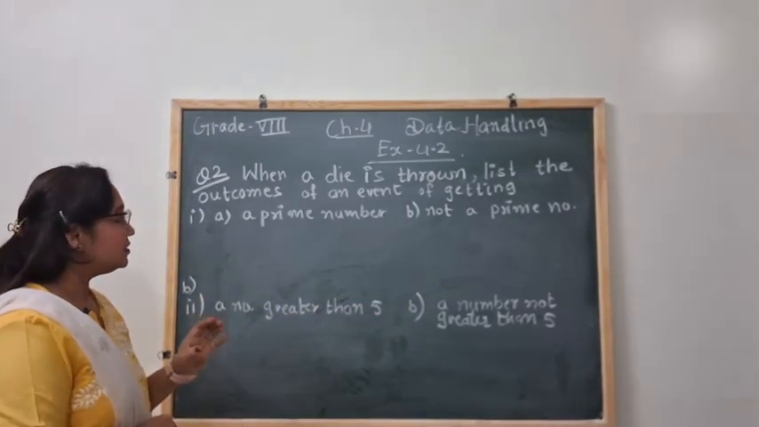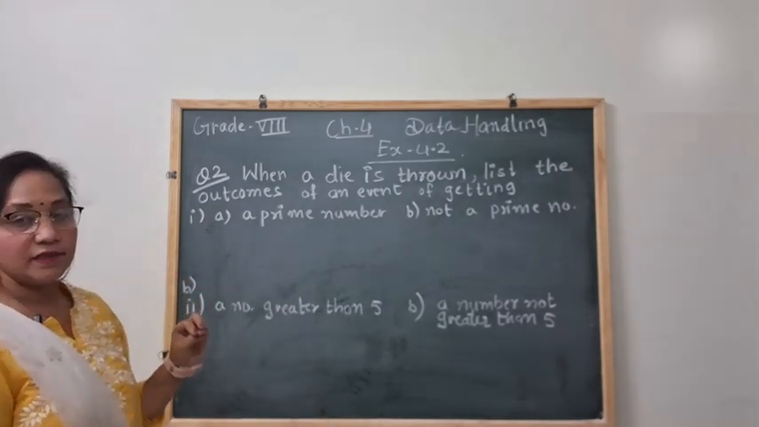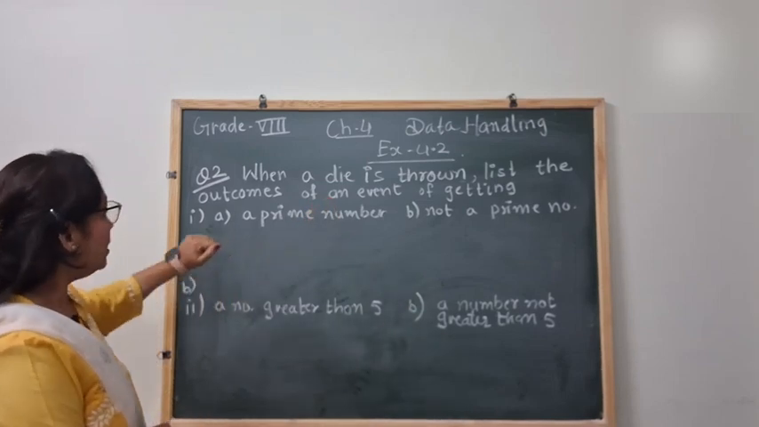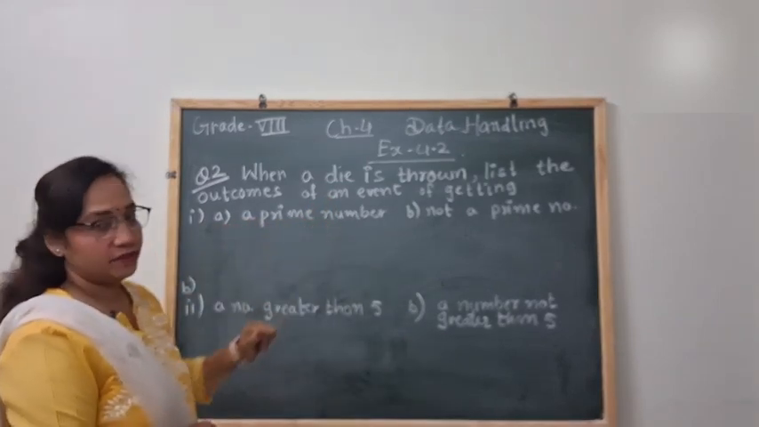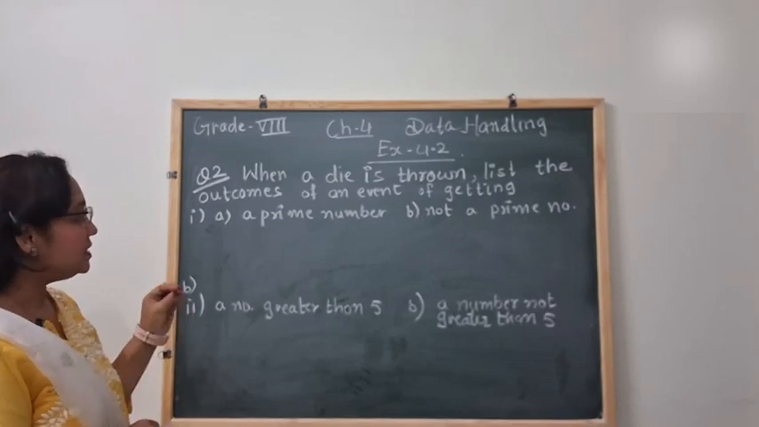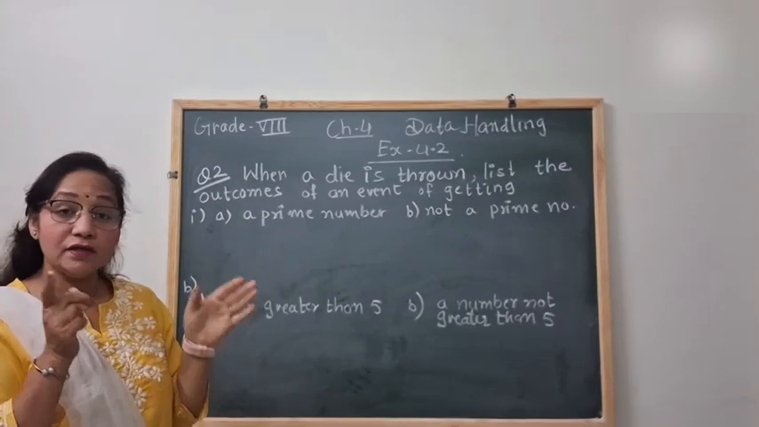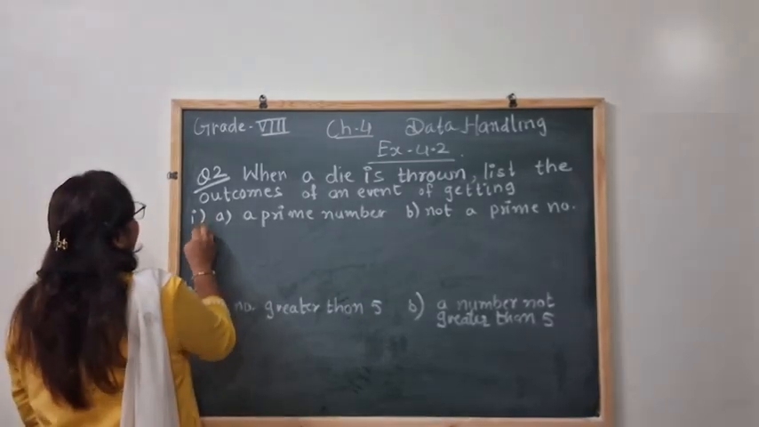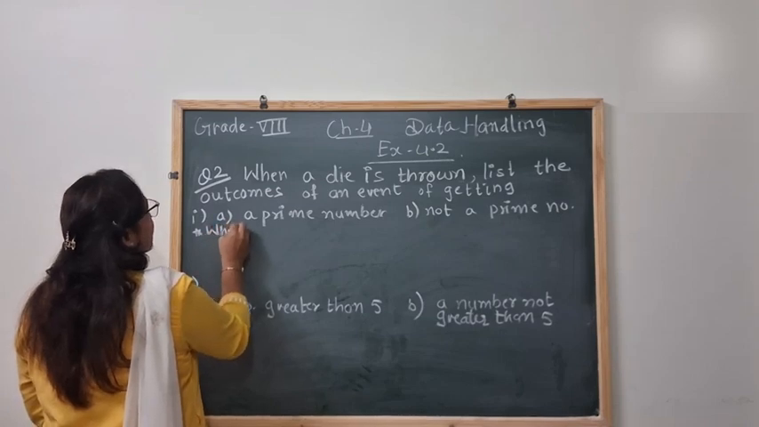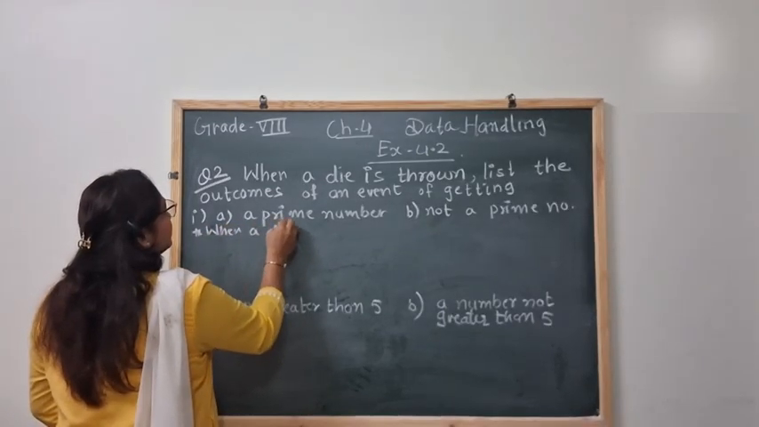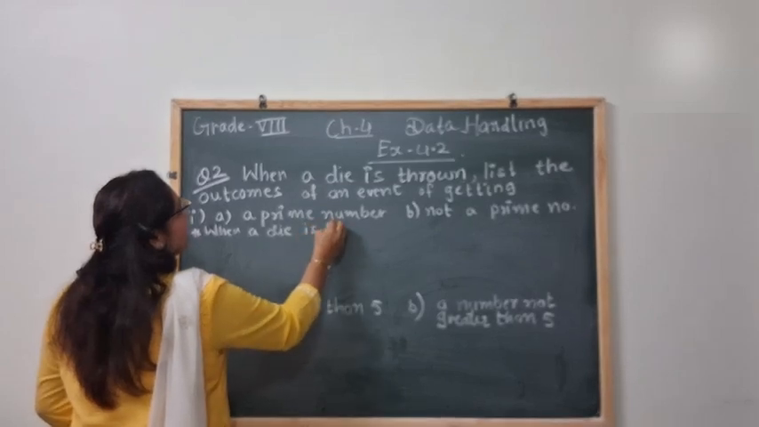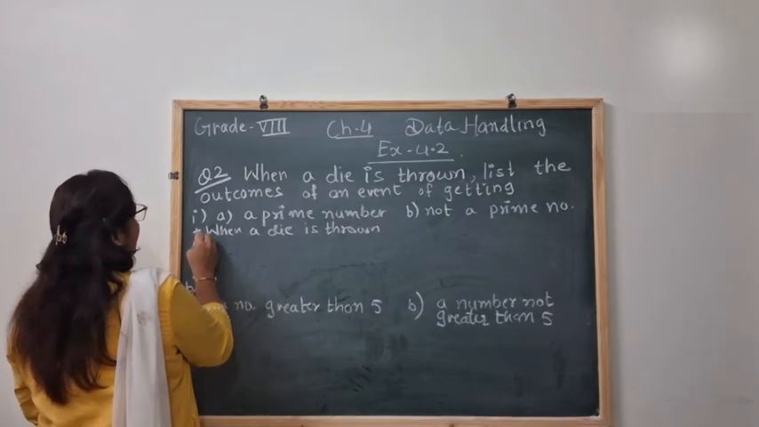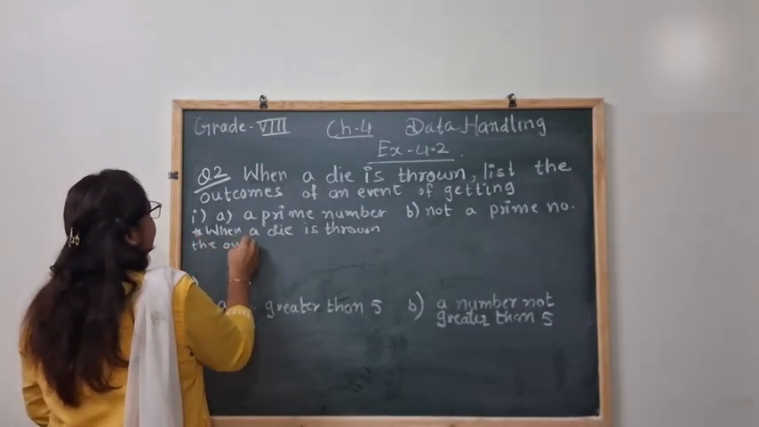Okay, so let us first understand the question. When a die is thrown, list the outcomes of an event. First, when a die is thrown, what are the outcomes? Let us first find out. So here, when a die is thrown, the outcomes are